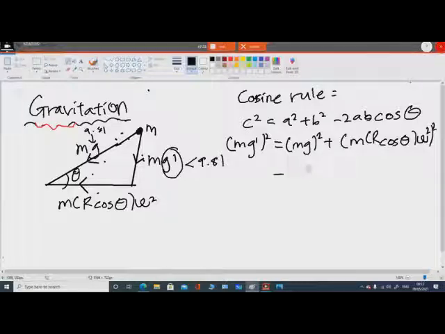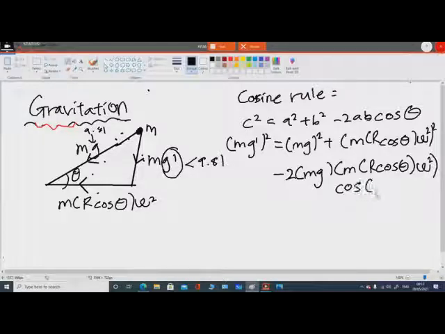So this one will be our 2 mg, mr cos theta, omega squared. So another cos theta. So this is how we, by simplifying,